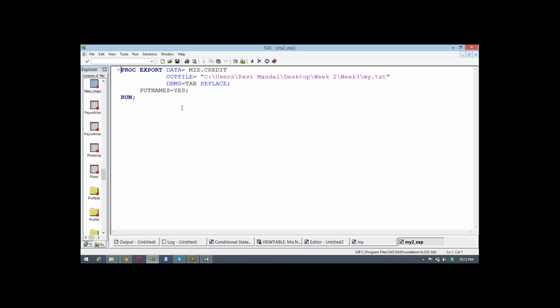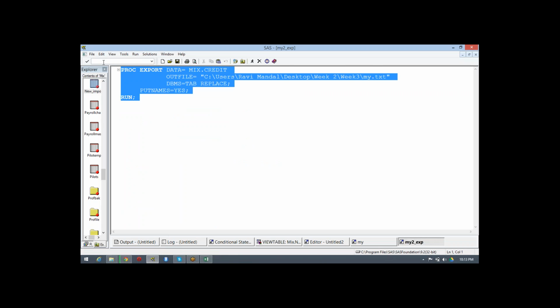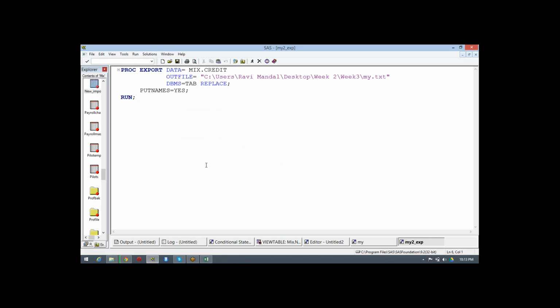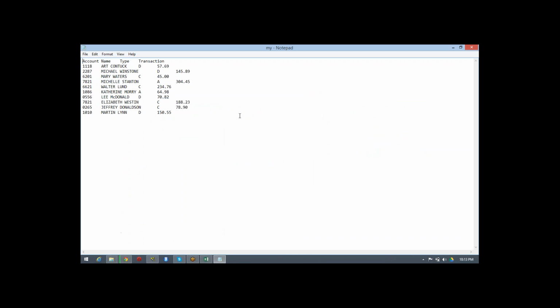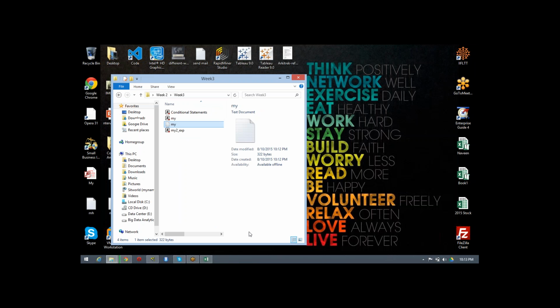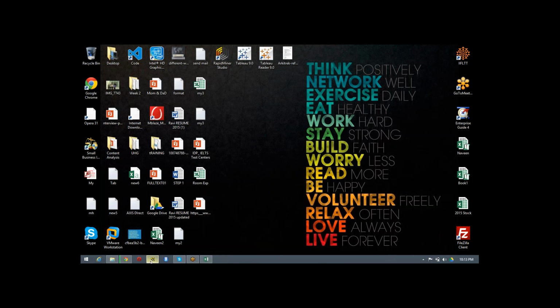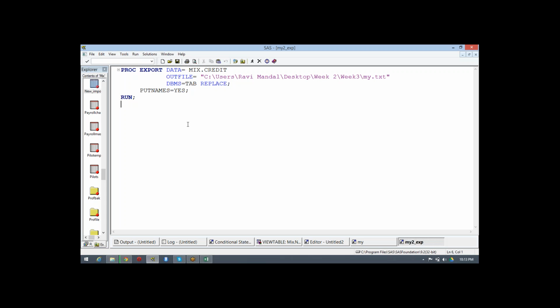This code is used for extracting it. Account name, type and transaction type are going to my.txt. For export we use this. For import we use the previous query.